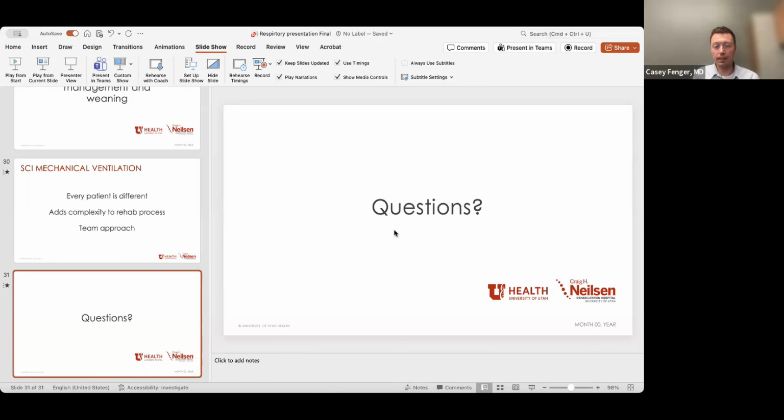we would be on the SIMV mode and trying to transition to pressure support over the course of a couple weeks, sometimes 3 weeks, and that's with gradually decreasing the rate, gradually transitioning over to pressure support. Once they're on that primarily pressure support setting, it goes a little bit quicker. So when we can get them to that point, we can transition to off vent pretty quick, probably in about